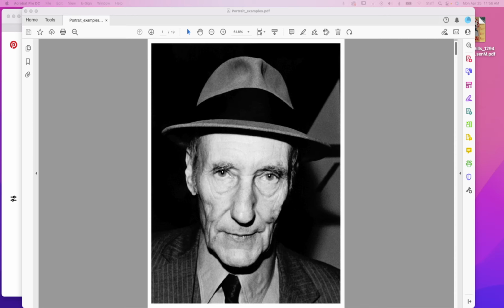For this mini choose your own design adventure, what you're going to be doing is finding a photo of somebody that you are inspired by. It could be a photo that you find online, could be a photo that you take. We'll convert this into black and white, and we'll do some layer adjustments to be able to create really strong